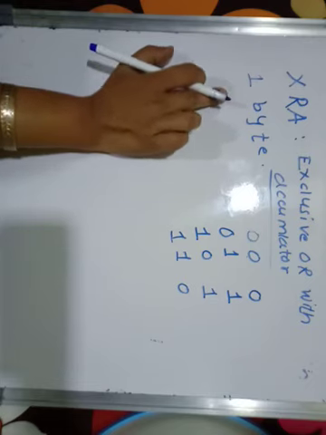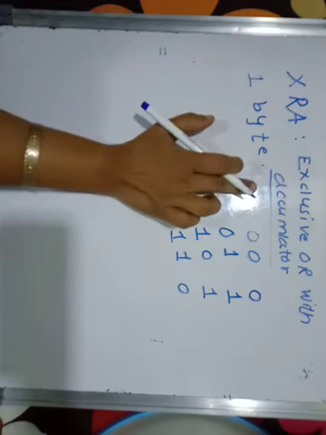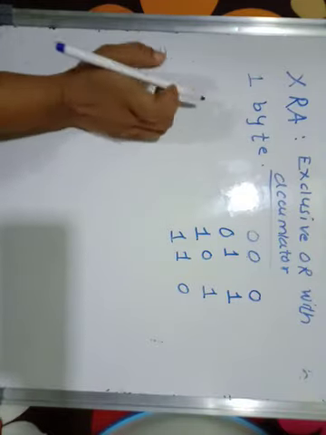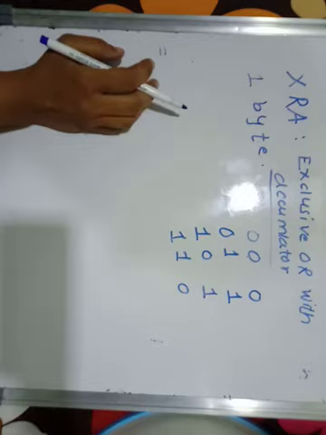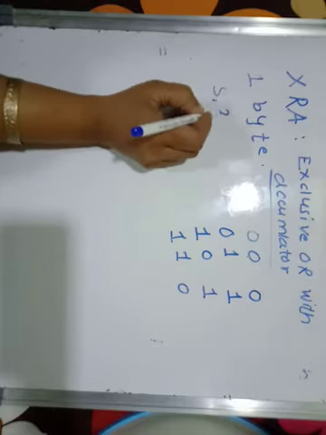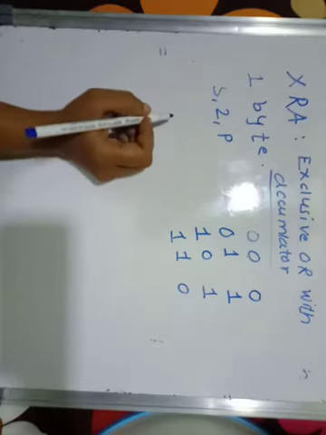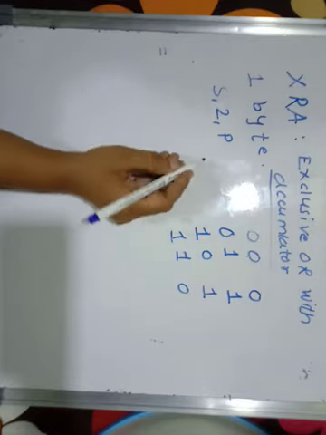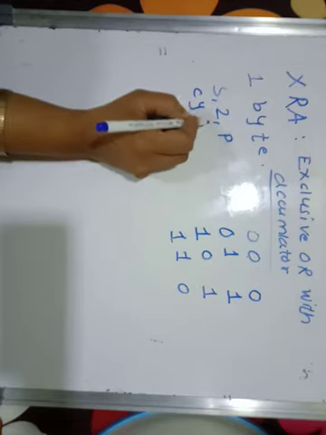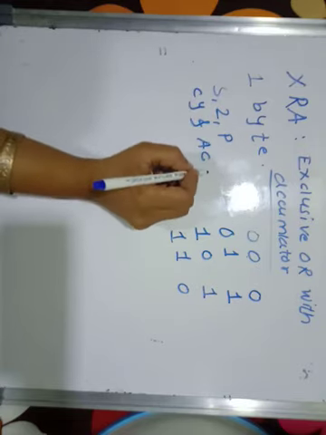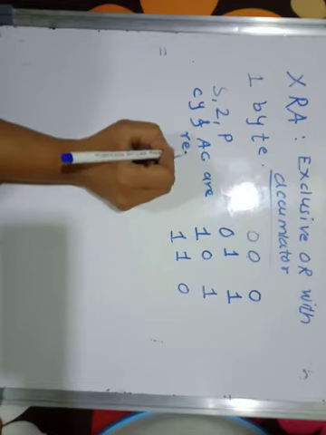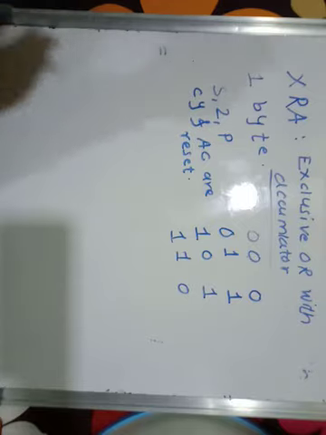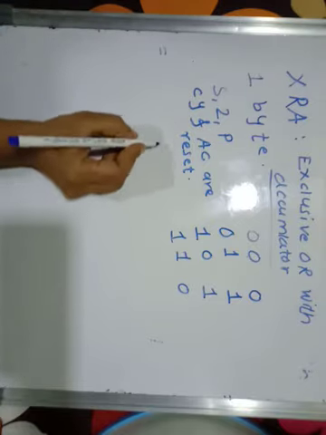Okay, so in this case, the content of the accumulator is exclusively ORed with the contents of the register, and flags are modified here, that is S, Z, P. These flags are modified according to the result. Carry and auxiliary carry flags are reset. ते reset होतात म्हणजे ते 0 असतात. Okay, so now here we'll see one example.